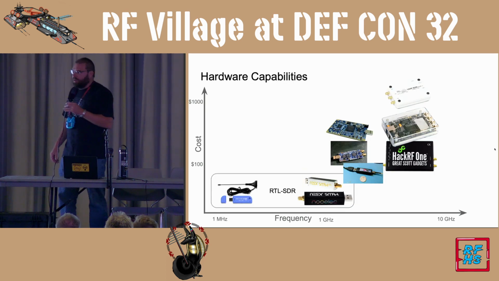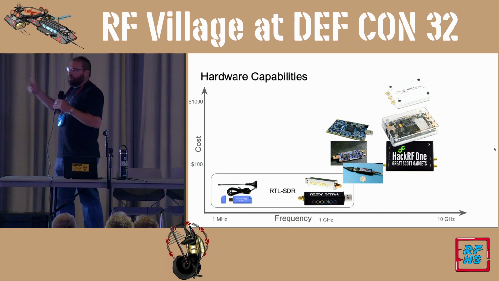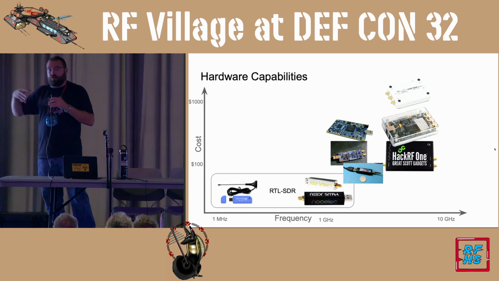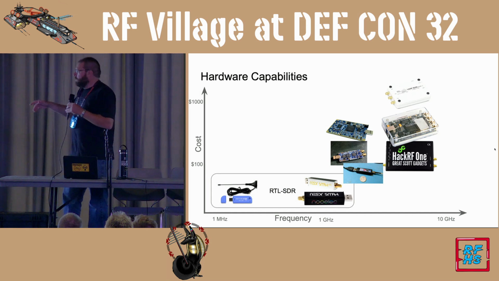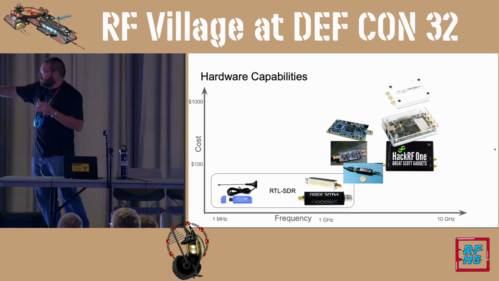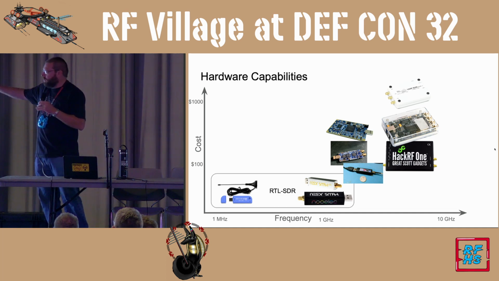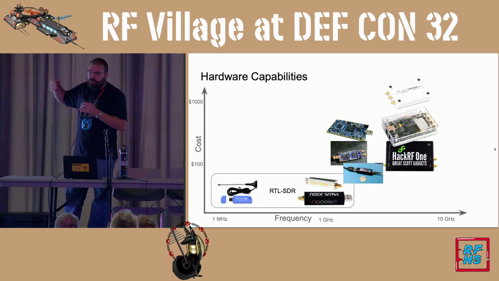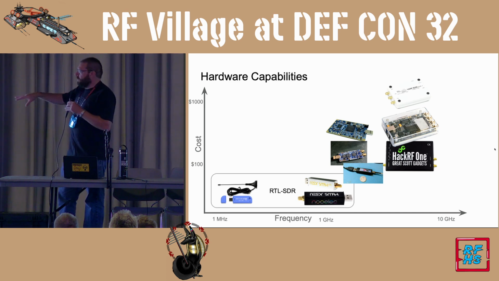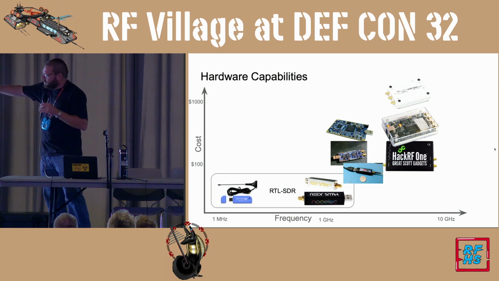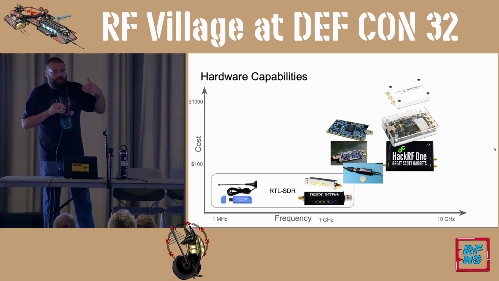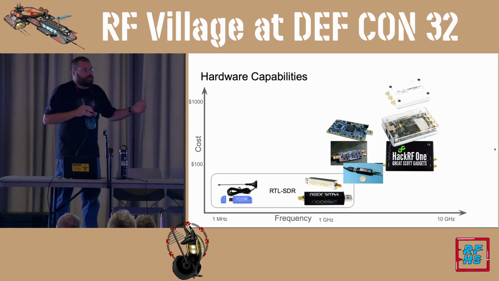With the capability side, just another way to put the history, the chronological timeline. This really is just to show you, if you're new to getting into it, what hardware do I need to purchase? The RTL SDRs are really good entry, but they're down in the lower left-hand corner there. They're doing up to about 1.7, 1.8 gigahertz. You can't do things in Wi-Fi, can't do things at 5 gigahertz. When you start going up in price, you start going up in frequency as well. But again, what can I do for under $1,000?